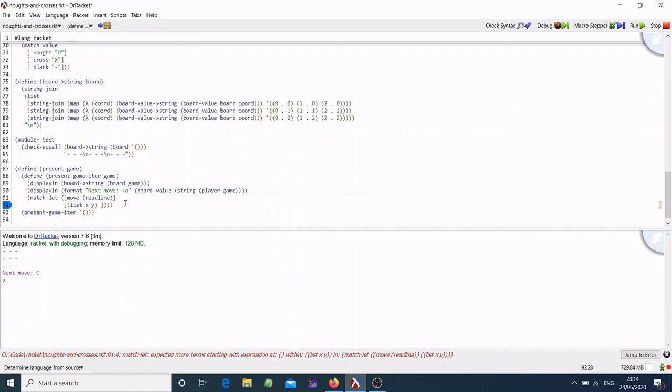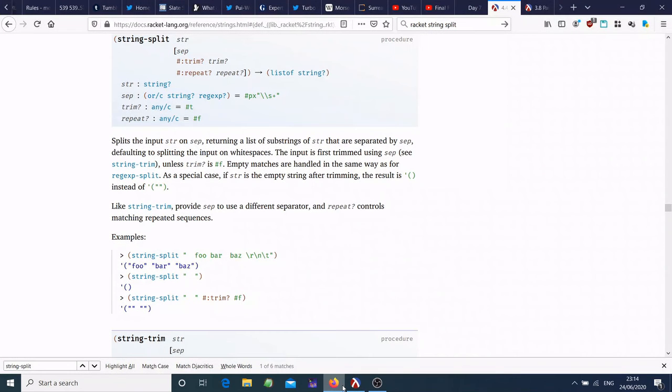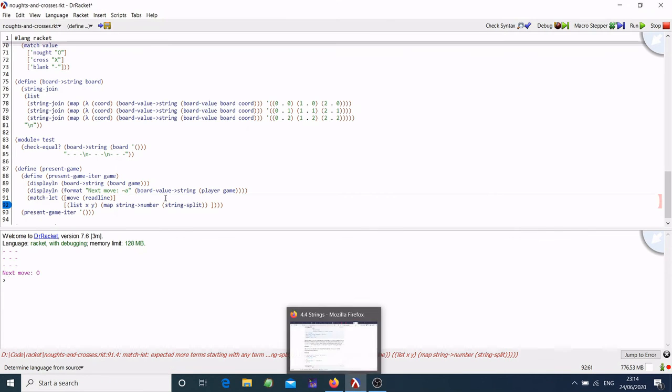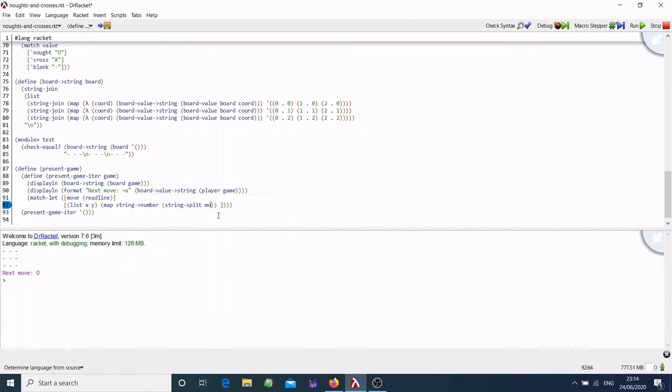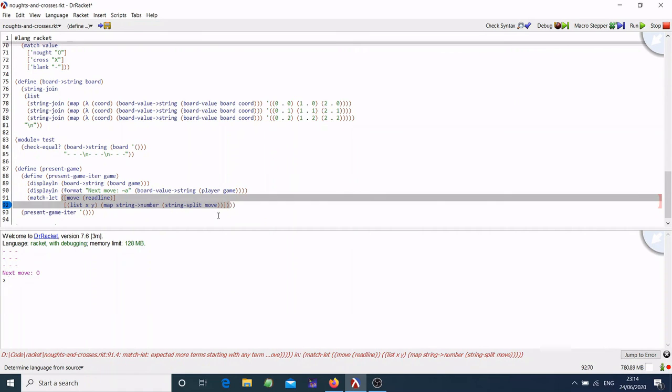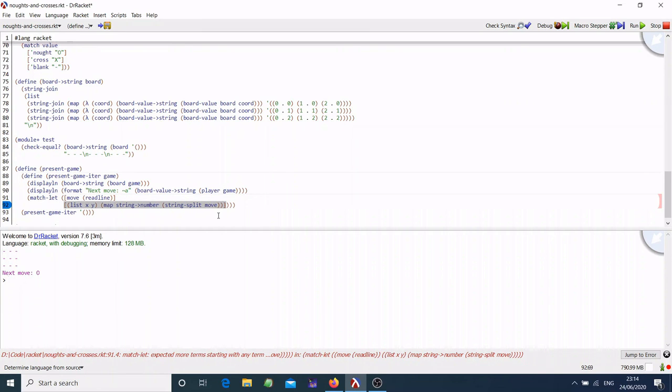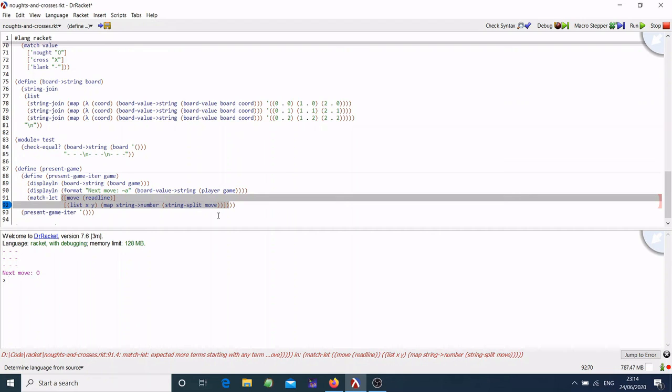Pattern matching is often quite useful. It's one of the things I like about Racket. String split, you can just pass in the plain string. You don't really need the let, but I'll just keep it in for now, because we could just have a move down in there. Match let, move, read line. So we've extracted our move,